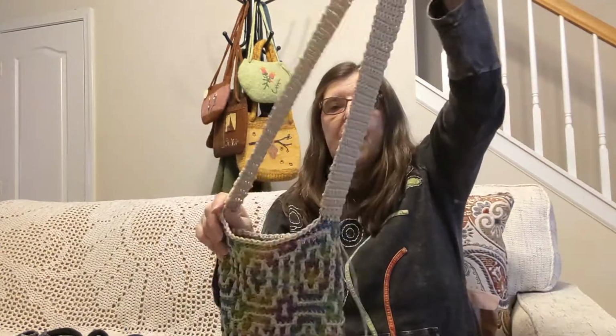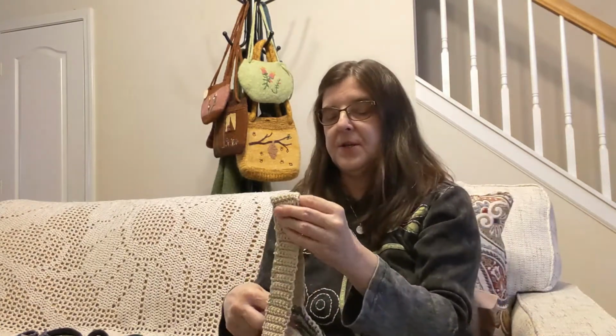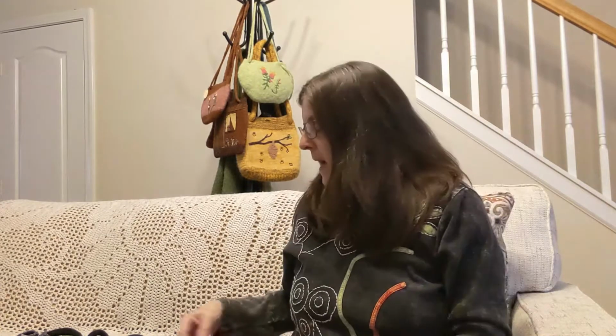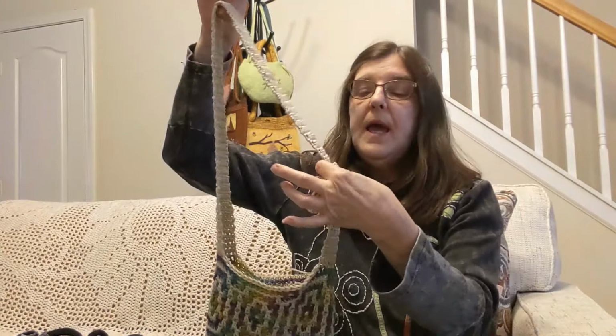And then I also thought, what if, and I've been thinking about this on different bags, but finally kind of got an idea of maybe what I'd like to do to make this more easily adjustable. Because of course you can tie a knot in it and make it a shorter strap, and then it's good and stretchy. It can be a shoulder bag. But I have these nice buttons, and I thought, if I put a button on here and make a buttonhole in the strap, you can fold that strap and button it and shorten that strap. And it's really easy to put some buttonholes in this